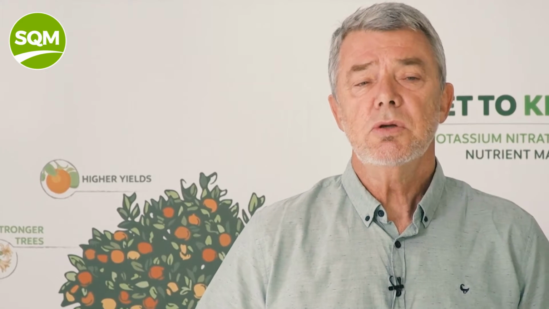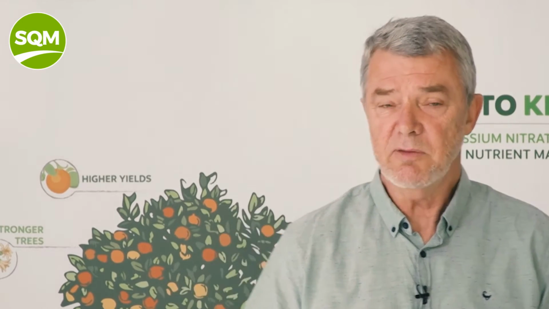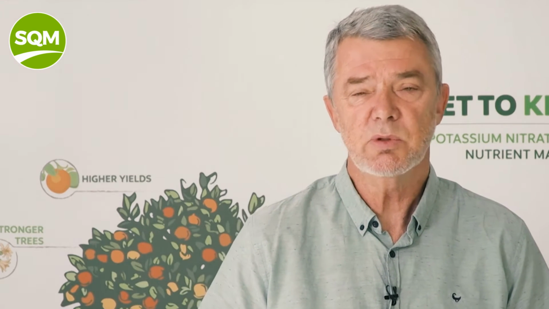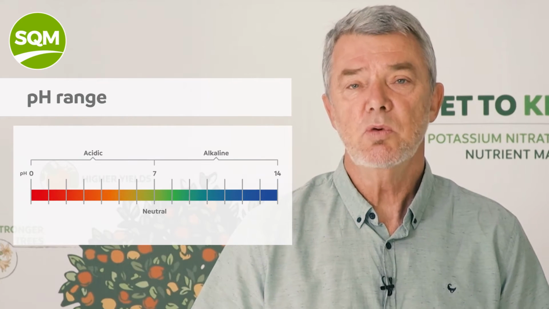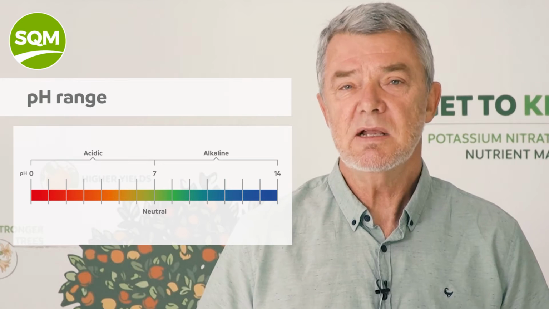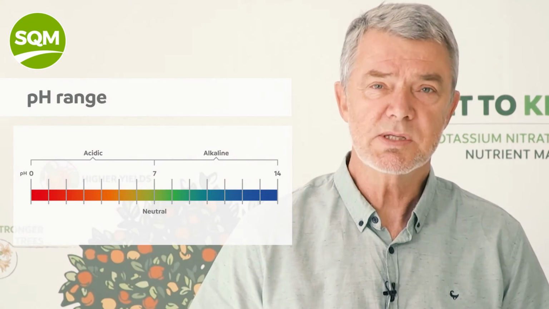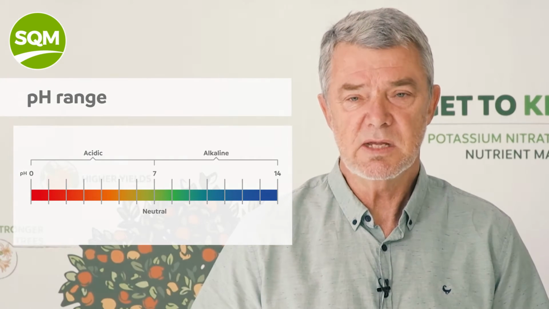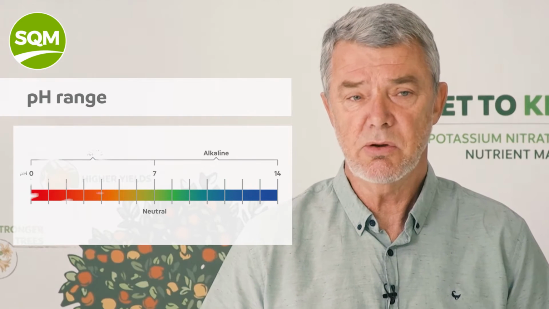If we go on to the first of the plant nutrition concepts, and look at pH first, we always start with pH. One needs to take a soil sample and see what the pH of the soil is. We have a pH range of 0 to 14, 7 being neutral. But you need to remember that the pH scale is a logarithmic scale. So 6 is 10 times more acidic than 7, and 5 is 100 times more acidic than 7. So just remember that the pH scale is a logarithmic scale.